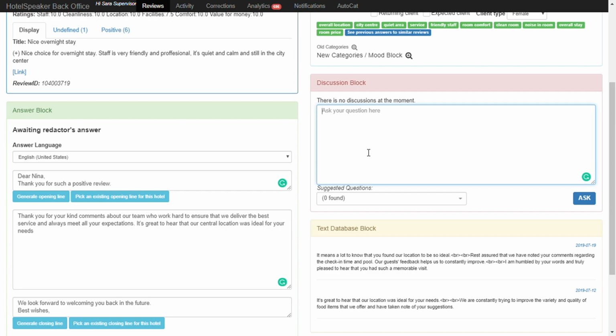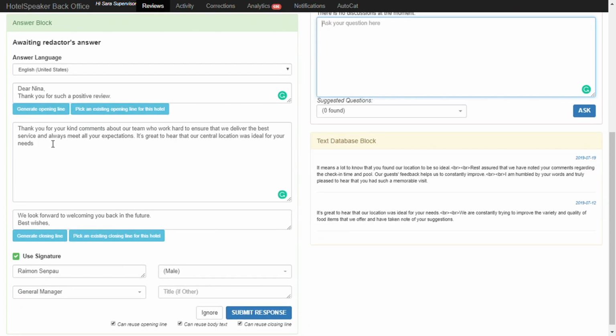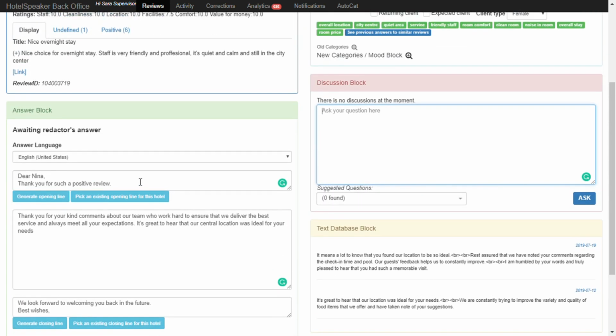So you have to make sure they understand what you were asking. And also for the hotels, because they're not always native English speakers, they need to know exactly what you need to know. All right, so if we don't need this and we've decided this is fine, thank you for considering this saying that staff, okay. It's great to hear our central location was ideal for your needs. All right, then